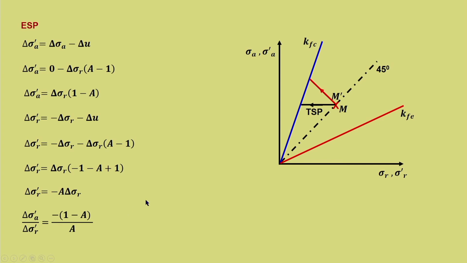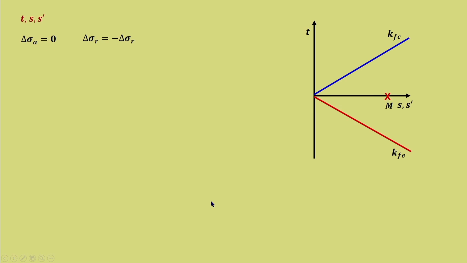So, that is a typical example wherein there is a slope, and if A is varying, then it will be non-linear. So, M' N' is the effective stress path. For both cases of compression, the slope of the effective stress path, this expression remains the same. Same thing we need to repeat with t-s'. So, it is clear now.